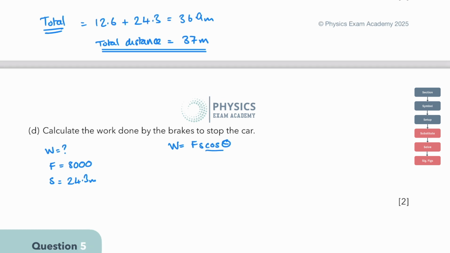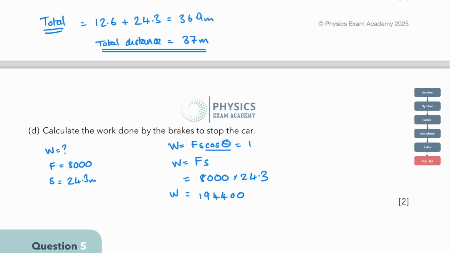This cos theta element is to take into account if the braking force is not in the same plane as the direction that the object is travelling. But in this case it is, so cos theta in this case is equal to 1. So what we're really looking at is W equals Fs. F is 8,000, we're substituting now, times S, which is 24.3, the distance travelled while braking. That gives us an answer of